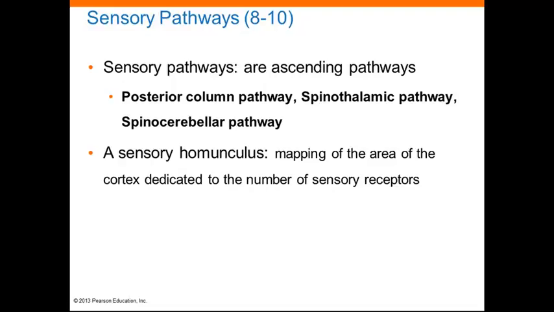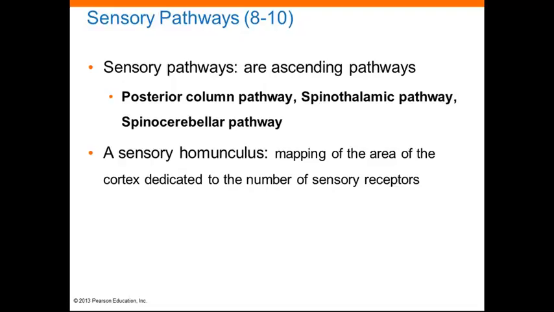One example of an ascending sensory pathway is the posterior column pathway. It sends highly localized sensations to the cerebral cortex, and we'll look at this closely on the next slide. The sensations arrive organized such that sensory information from the toes reaches one end of the primary sensory cortex, and information from the head reaches the other. As a result, the sensory cortex contains a miniature map of the body surface,